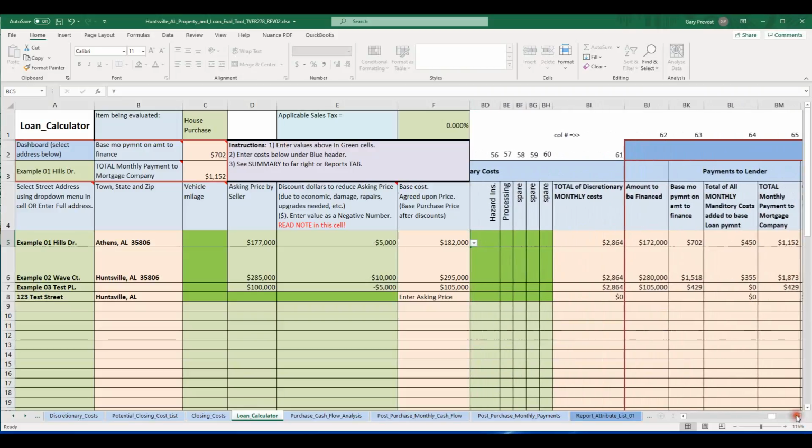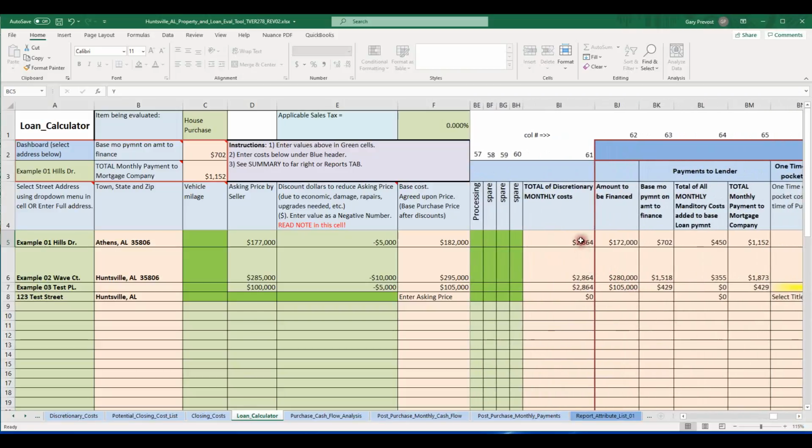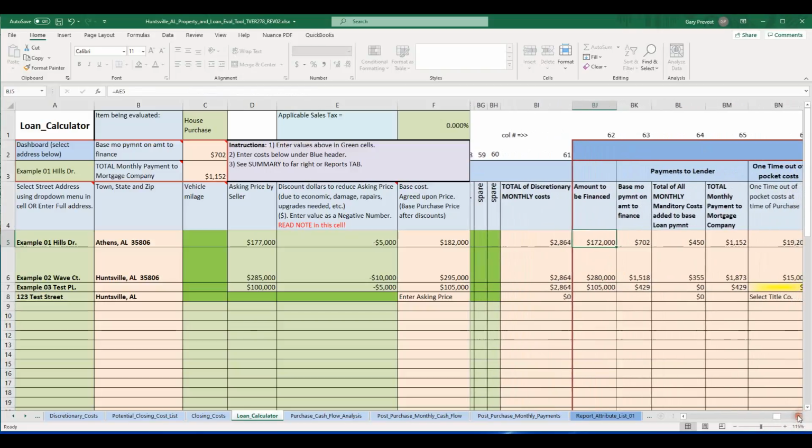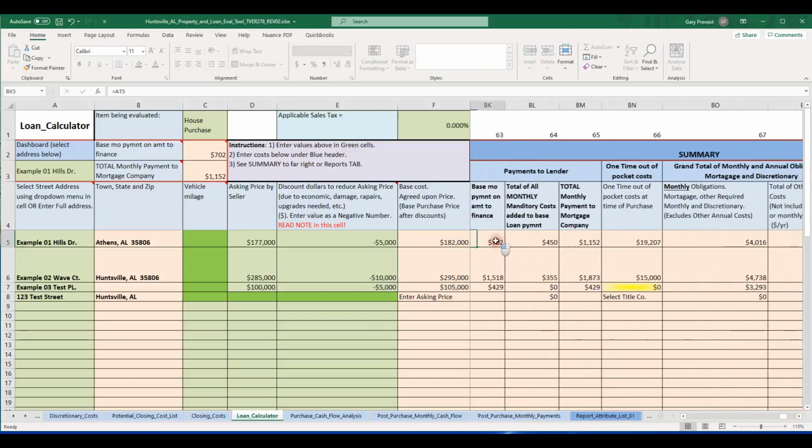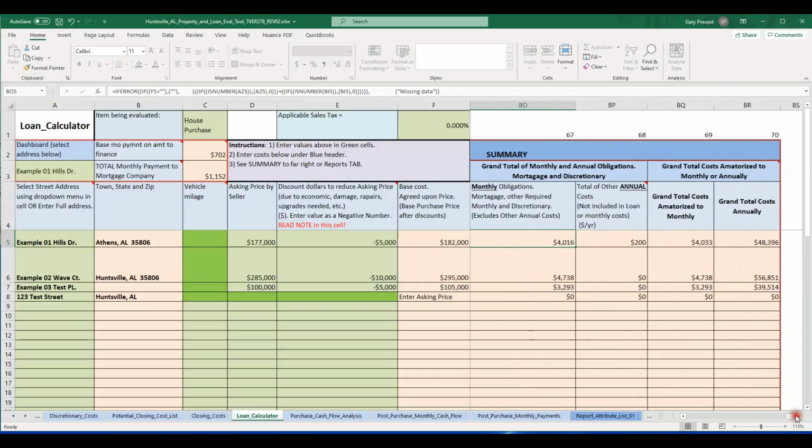Scroll across here a little bit more, and then here are your totals. So your discretionary monthly costs, amount to be financed, that's the total amount. Your base monthly payment, mandatory costs additional to that, a grand total. This column here shows your total out-of-pocket costs of closing. In other words, you're going to have to write a check for $19,000 here to get through closing. And then it adds in additional monthly obligations, and it amortizes it out